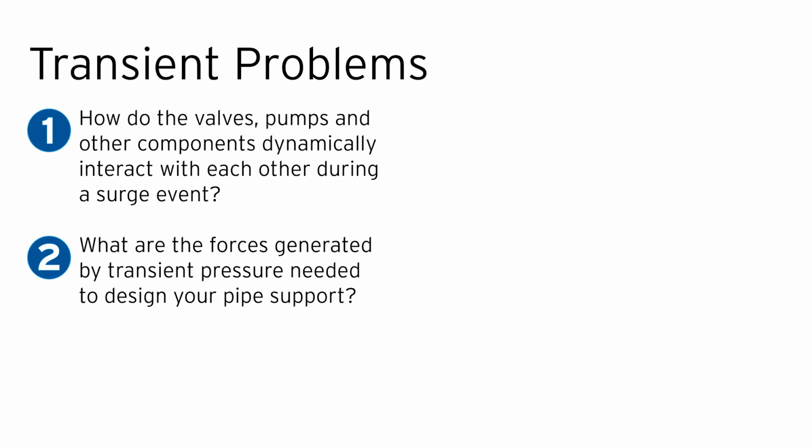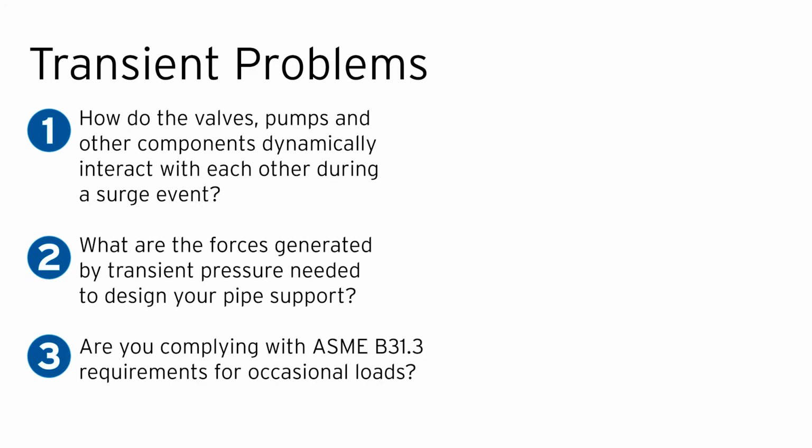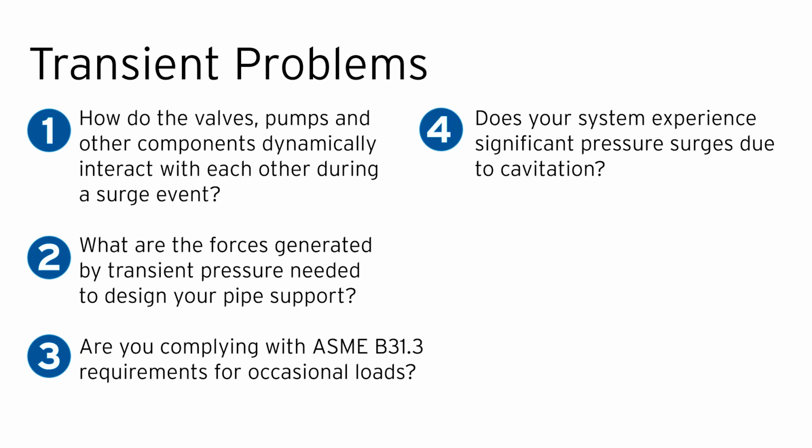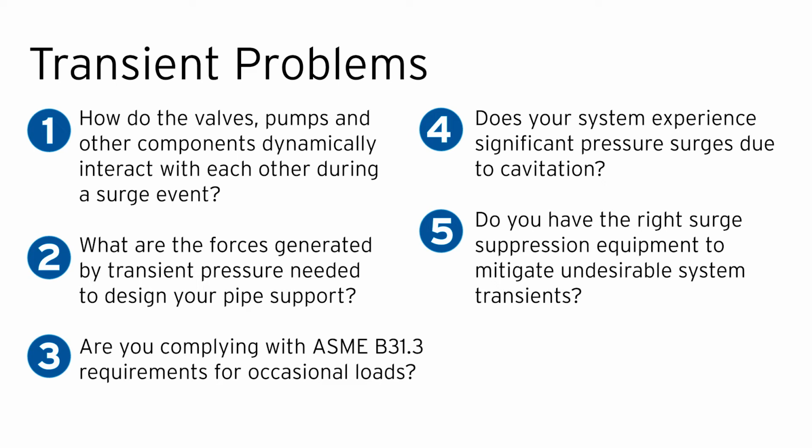What are the forces generated by transient pressures needed to design your pipe support? Are you complying with ASME B31.3 requirements for occasional loads? Does your system experience significant pressure surges due to cavitation? Do you have the right surge suppression equipment to mitigate potentially catastrophic effects of water hammer or surge and other undesirable system transients? Let's go through the process to see how importing an AFT Fathom model can speed this up